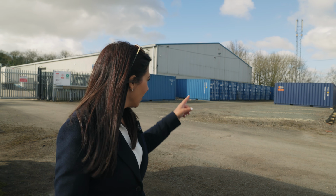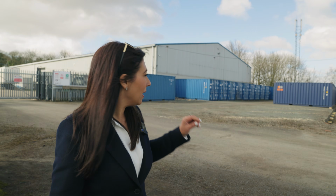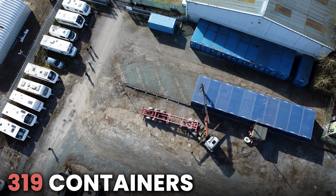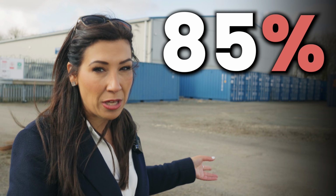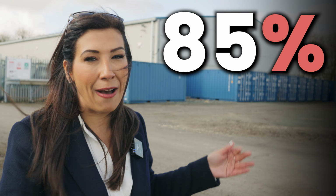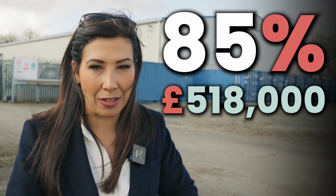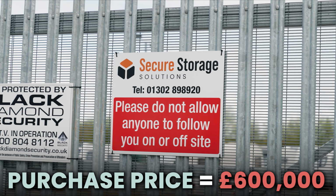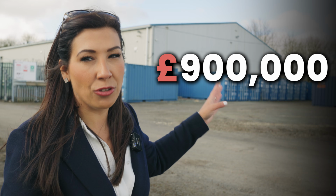When I was buying this, we got a full CAD design done, so I knew how many containers could fit on it. So there's 319 containers that can be on this plot of land. At 85% occupancy, that's going to turn over about £518,000. I bought the business for £600,000, already tarmac, CCTV, and then I'm going to spend £900,000 on the containers,